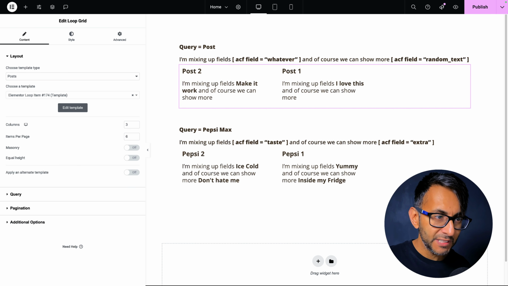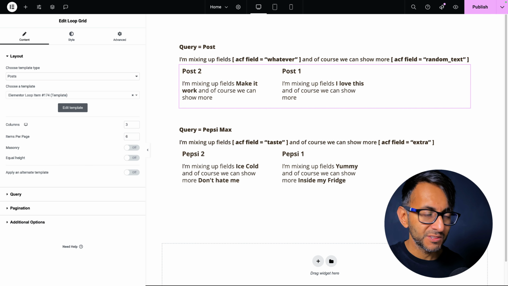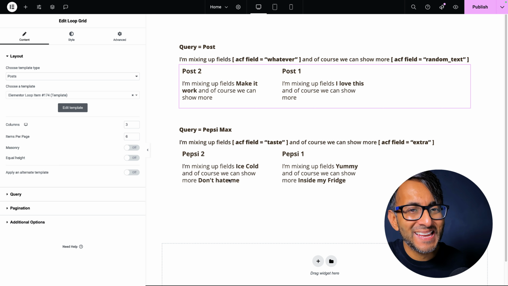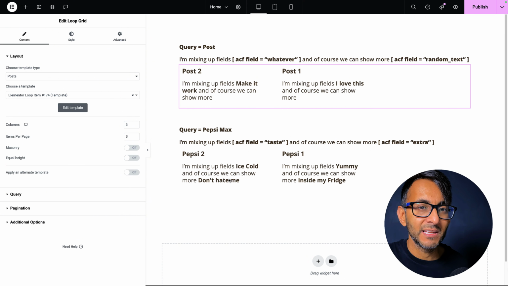I'm going to show you how to feed multiple ACF fields into a text editor and where you can mix it up with some other wording as well. But you could easily add in a heading or a text editor, go to the dynamic tags inside of Elementor or other page builders, and you could return one field. But what if you want to return multiple fields and add a bit of text in before, after, or even